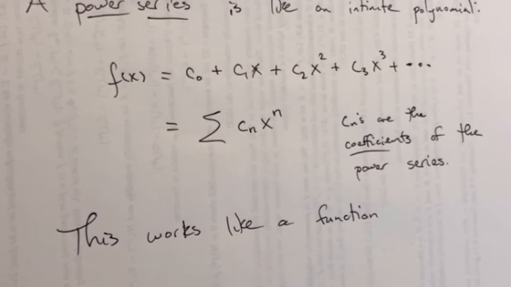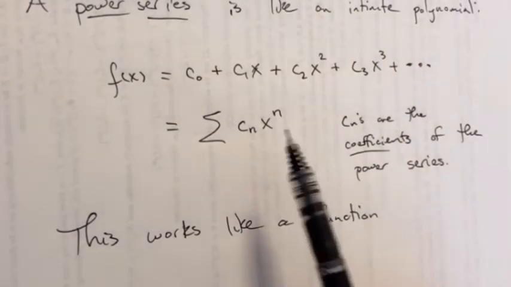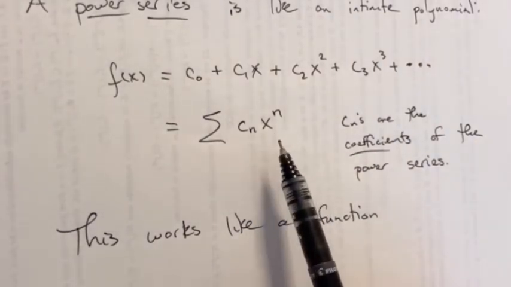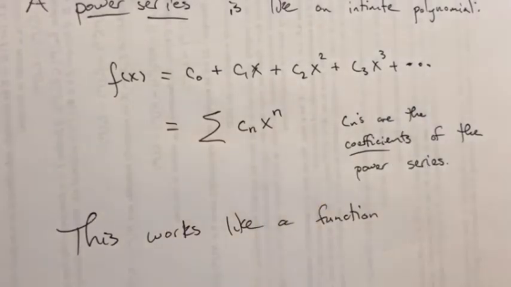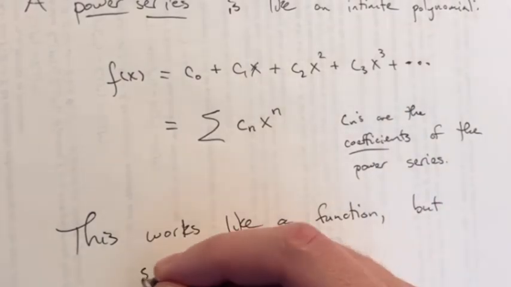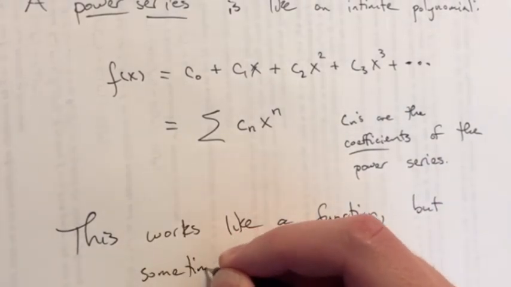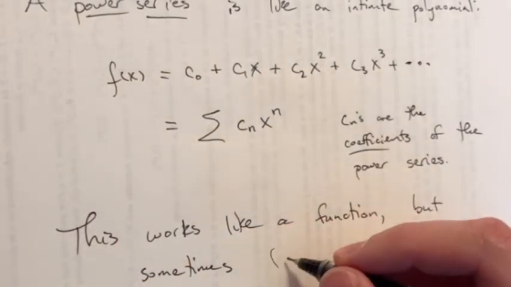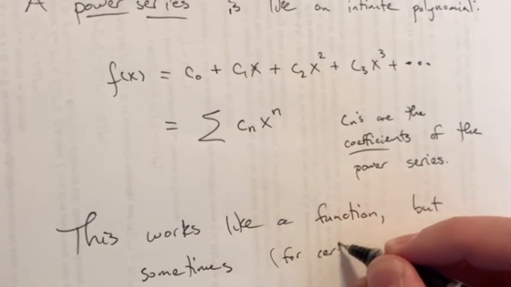So this power series works like a function. But what's different from this and an ordinary function is sometimes it might converge and sometimes it might diverge, just because it is a series, and we all know that sometimes a series converges and sometimes it diverges. So this works like a function, but sometimes, for certain x values,